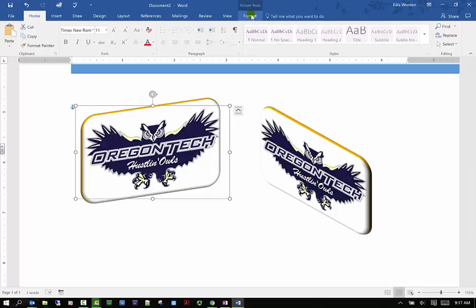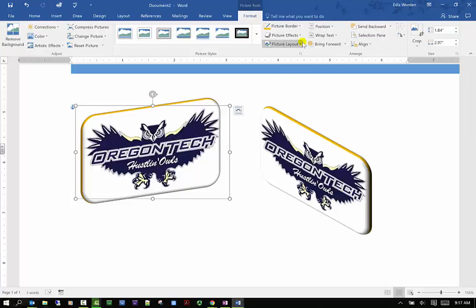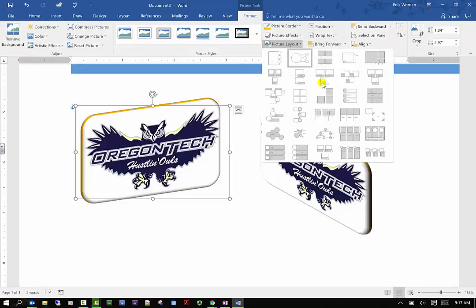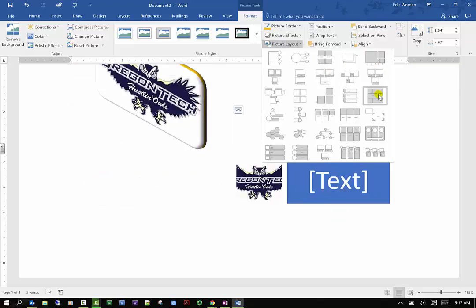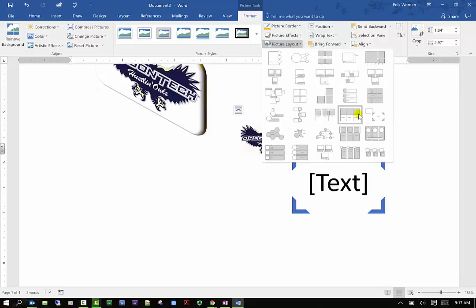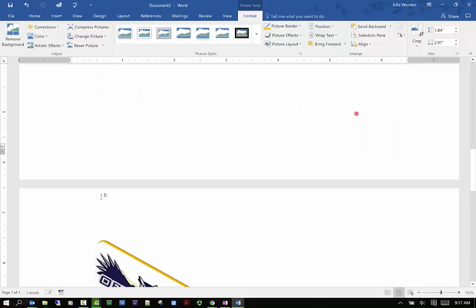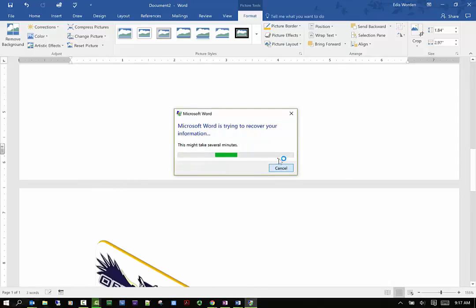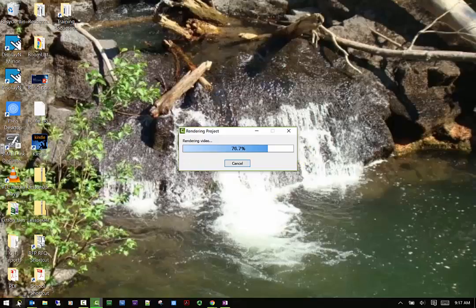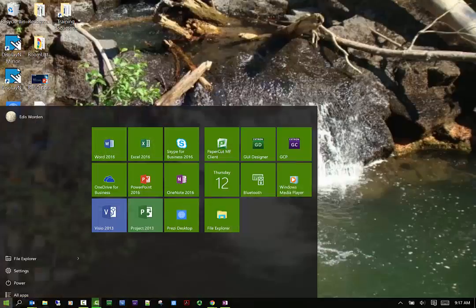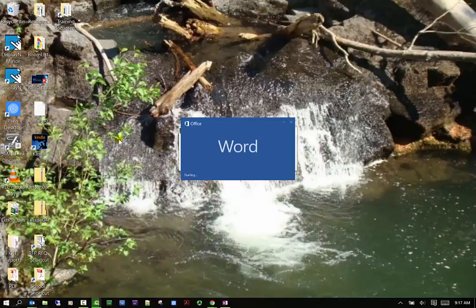So let's go back here to picture formats. Picture layout. This looks like it's a SmartArt, so perhaps what you can do here is if you want to use that as a picture. Oh, well, it didn't like that, did it? That happens. No worries, because it's easy enough to open another document. And this may be good for you to see because